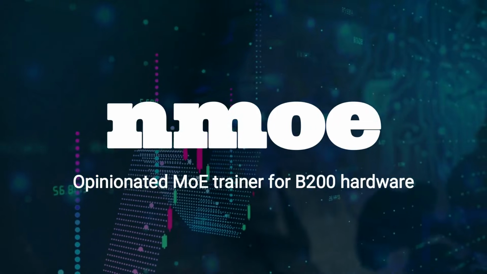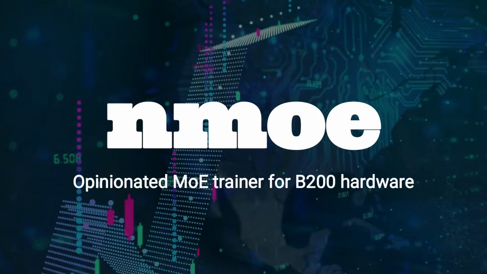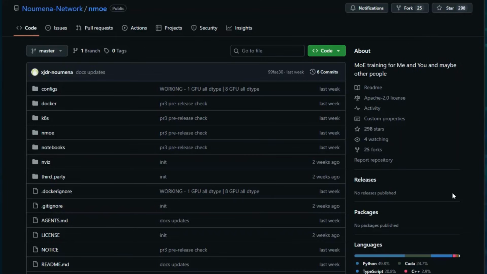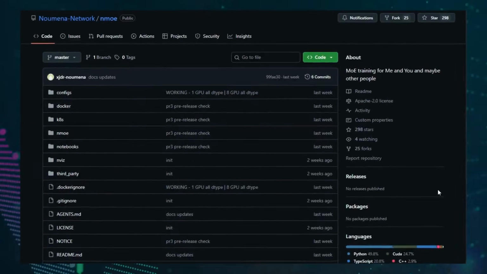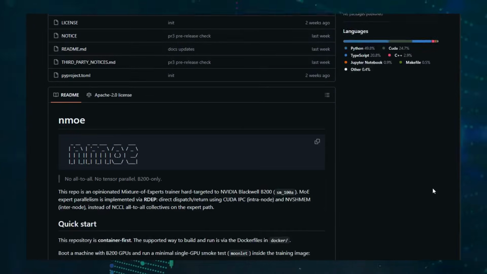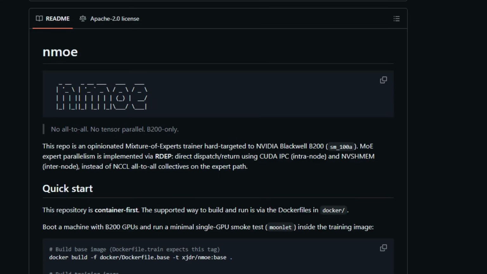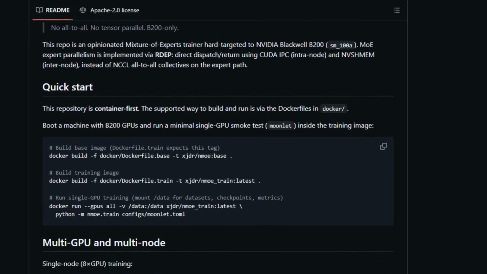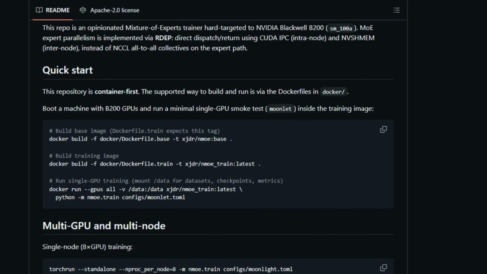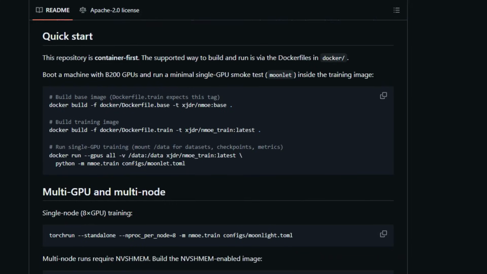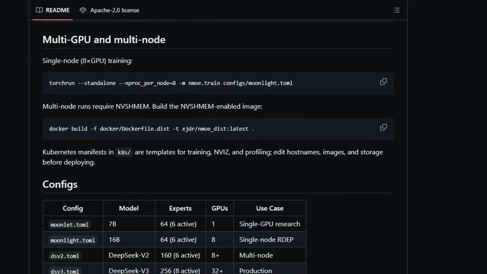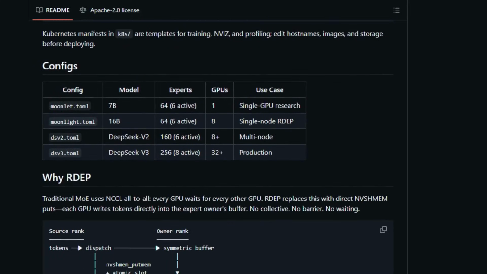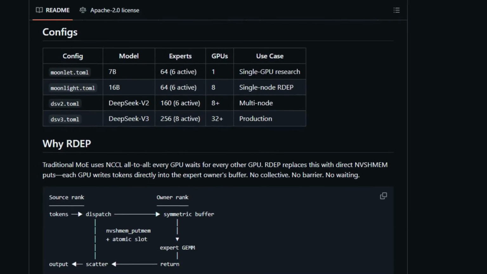Project number 10, NMOE, Opinionated MoE Trainer for B200 Hardware. Let's dive into a project that brings cutting-edge AI training closer to specialized GPUs and real parallelism strategies. NMOE is an open-source mixture of experts MoE training framework geared toward NVIDIA Blackwell B200 GPUs and uses an alternative expert communication system called RDEP, which avoids slow collective all-to-all operations by writing tokens directly between GPUs using CUDA IPC